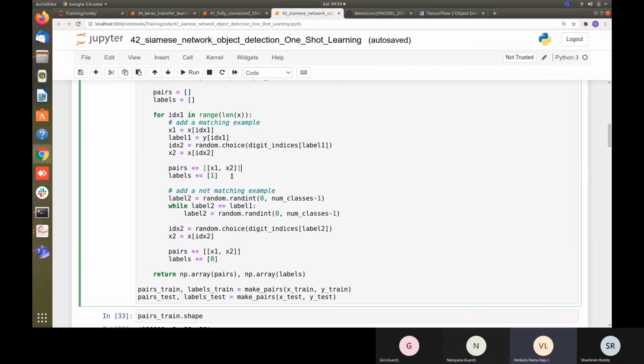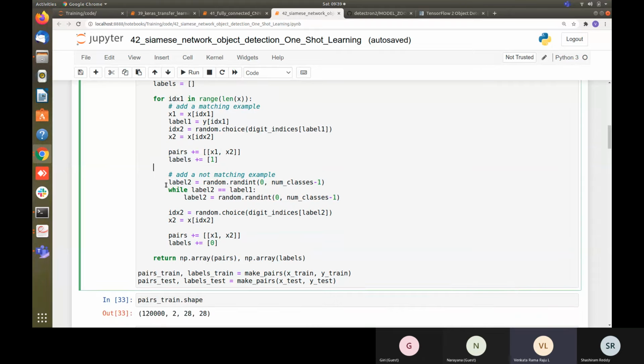I'm putting it in the pairs and giving the label 1. Okay, and I am taking a no-match example. I have taken this x already, which belongs to 5. So I have taken class -1, that other example, and then I am pairing it and putting 0. The gist is that I am taking the x values of 2 records belonging to 5 and putting the label